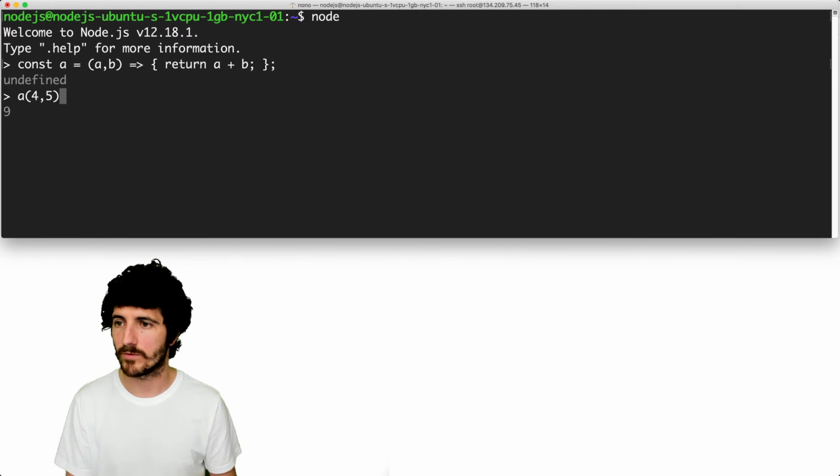We also have PM2. We could now do stop hello, and now it stopped, so now there's nothing here. And because that application hasn't been removed, we could now do start or restart hello, right? And now the application gets back alive. So we now have Node, we have PM2, and we have npm.